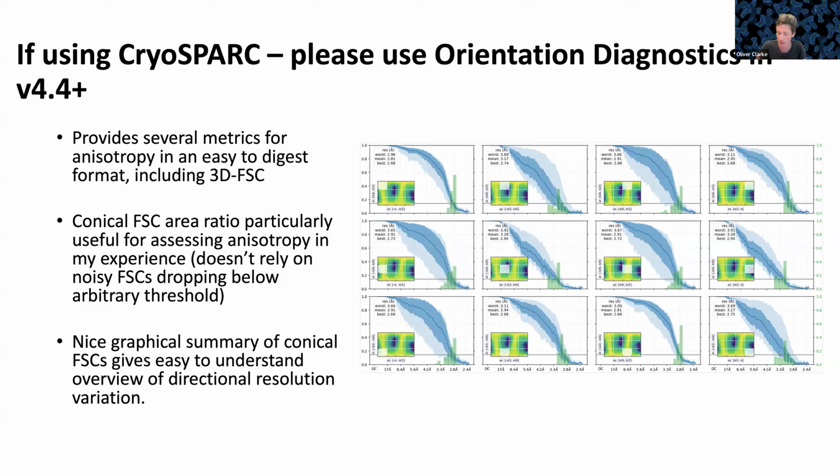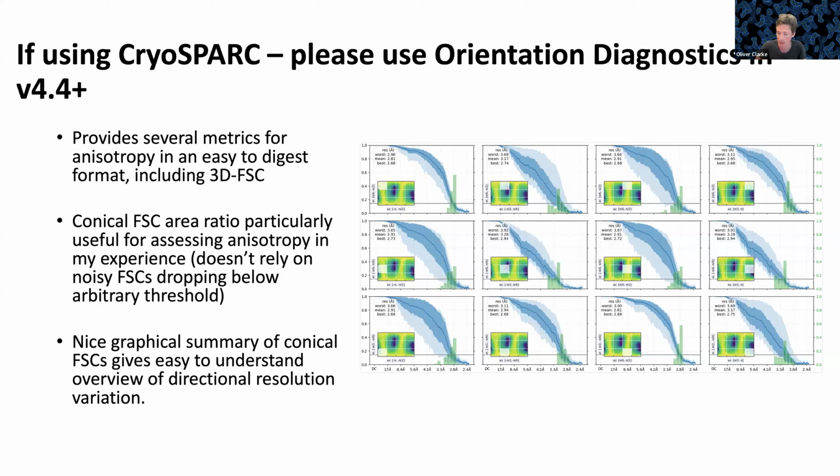So if you're going to use something like DeepEMhancer, and it can be useful, we've found it useful, always make sure that what you're seeing is present in the ground truth, right? Always look at it in conjunction with the original map and only interpret features that are present in the original map, and be aware that some features may disappear from the original map when you process it with DeepEMhancer